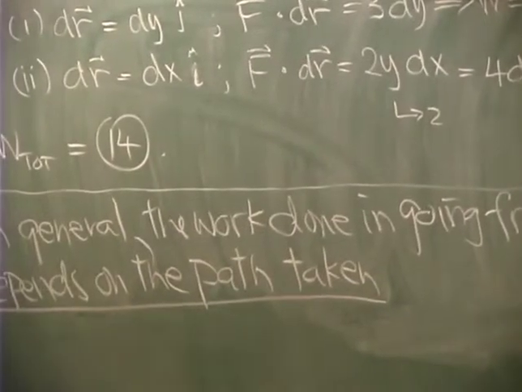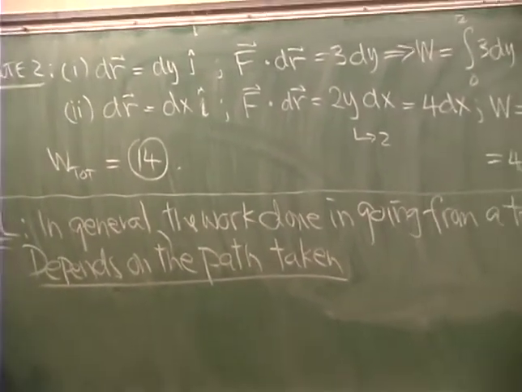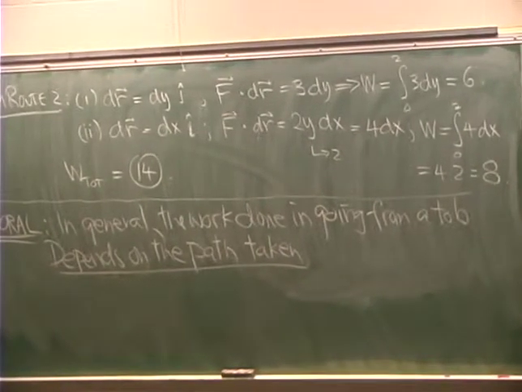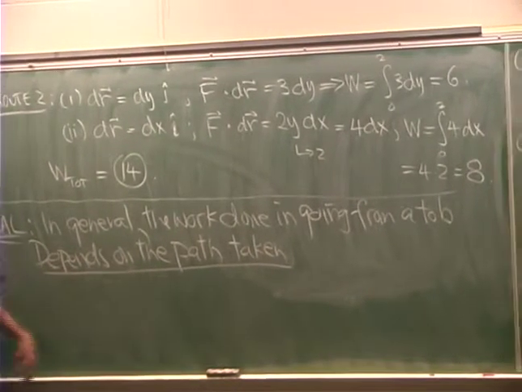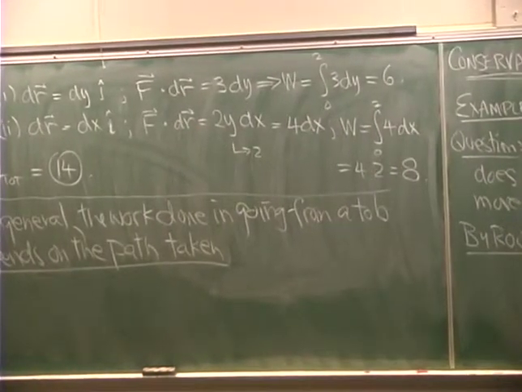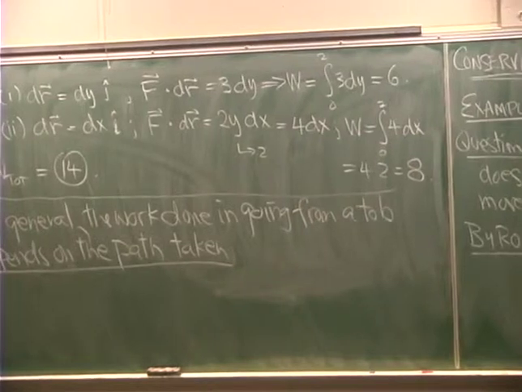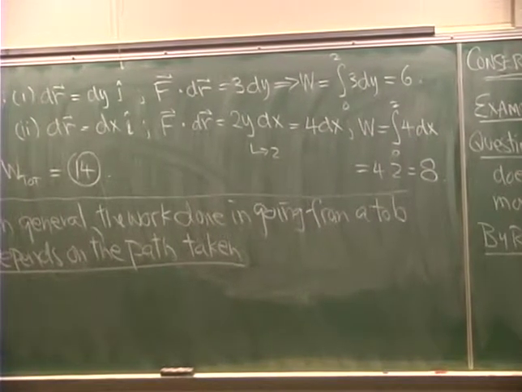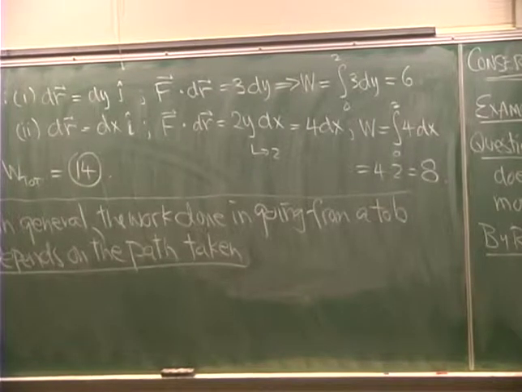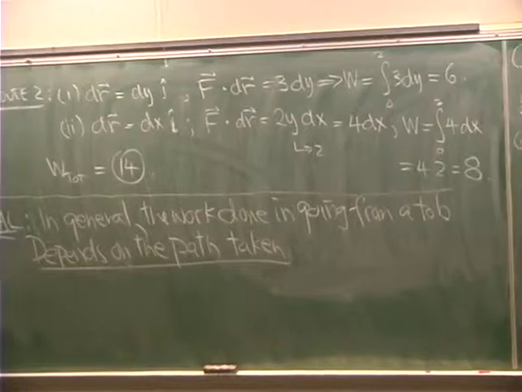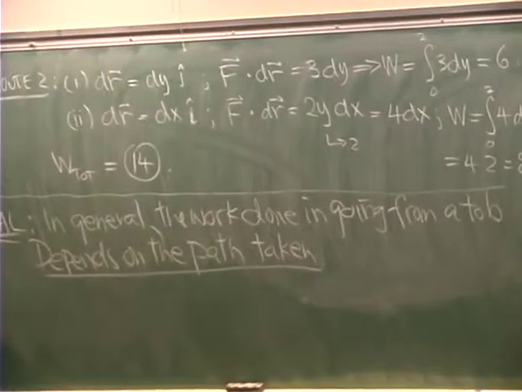The work done depends on the path taken. Is that surprising? I don't think so. I think that's actually kind of what you would have expected. You had to do a completely different sort of integral going along here and up than you did here and over, so it doesn't surprise me one bit that that gave you a different answer depending on which route you took. What is surprising, in fact kind of astonishing, is that there is a class of